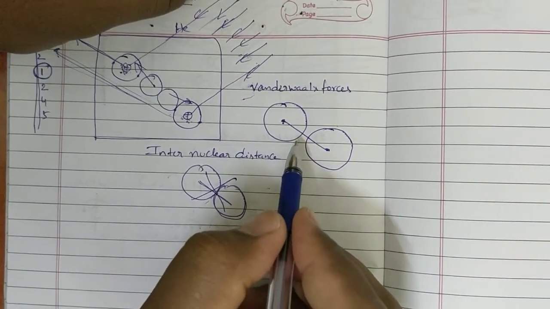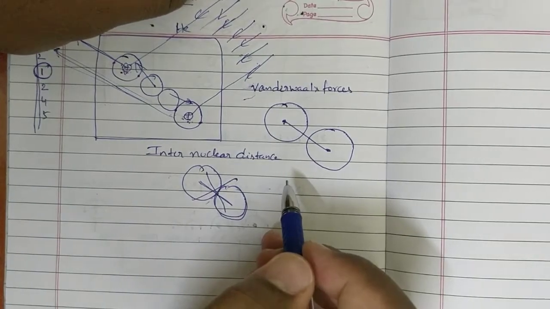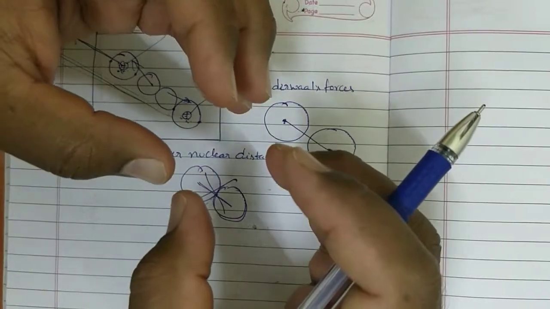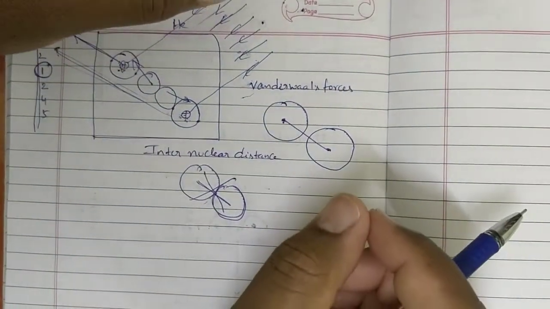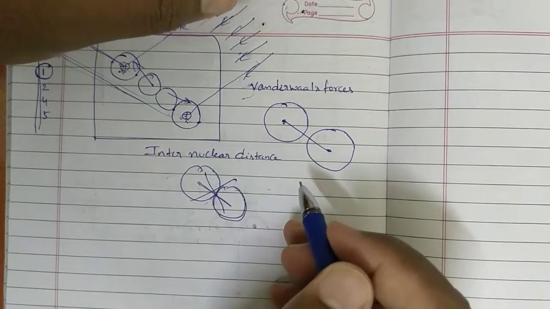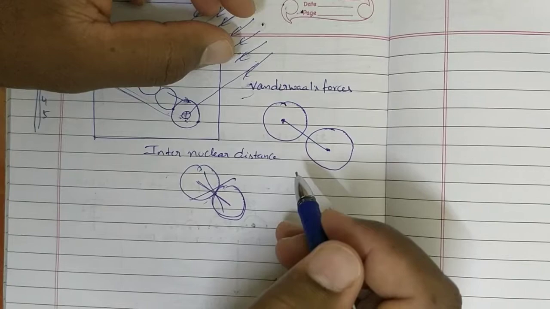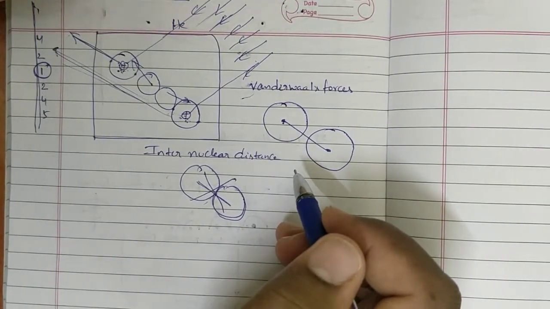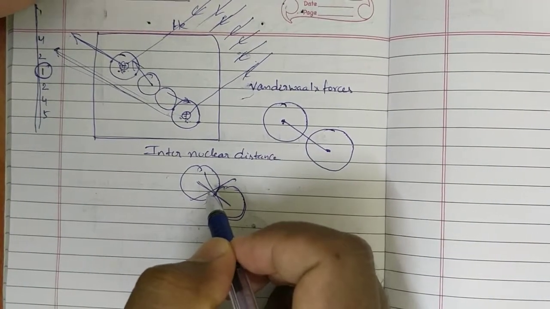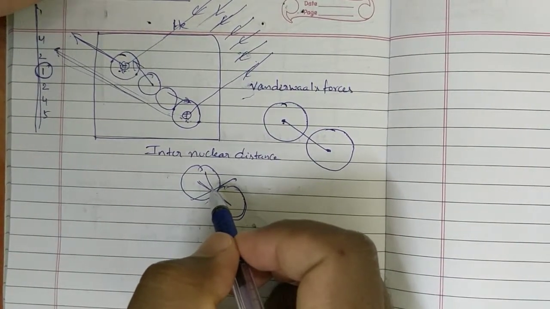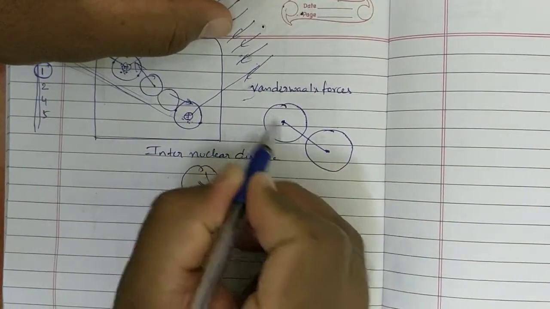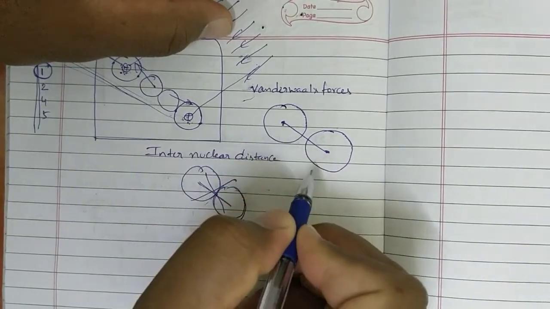But you can ask a doubt: sir, at the time of collision itself they can find it, sir. If those are steel balls, we can keep steel balls nearby each other and find them. But those are not bigger particles, na? Those are very small particles. Even X-rays, which are moving with almost the velocity of light, are not able to find the collision time. Then you can understand how fast the collision takes place for the gas molecules and they will revert back. That's why the minimum distance is only considered as internuclear distance.